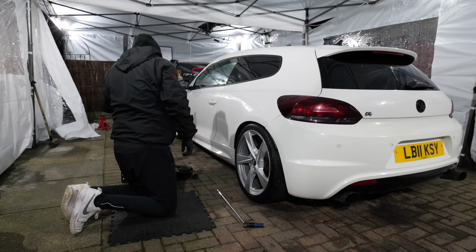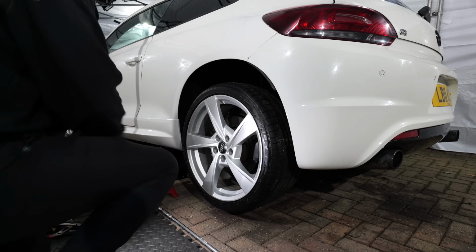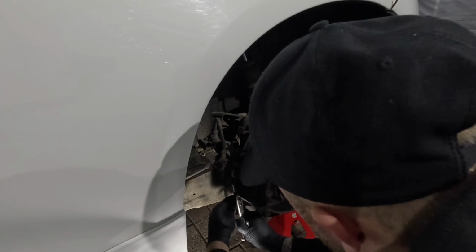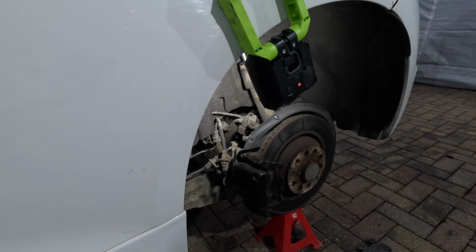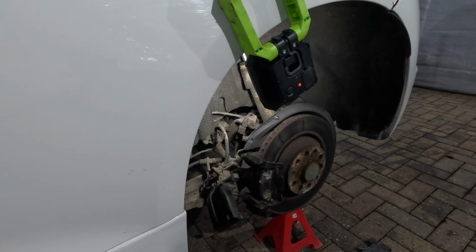So once again, I'm going to get the car jacked up in the air and remove the wheel, and it's in times like this where I really do wish that sometimes I had a ramp. But by doing that, we can now get access to the caliper, which this time, unlike the driver's side, I don't need to actually unbolt from the handbrake cable or disconnect that brake line. I just need it out the way to give us access to the brake disc,